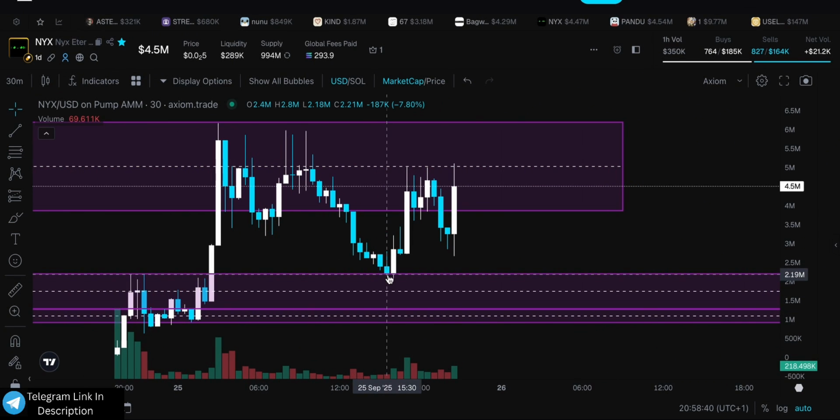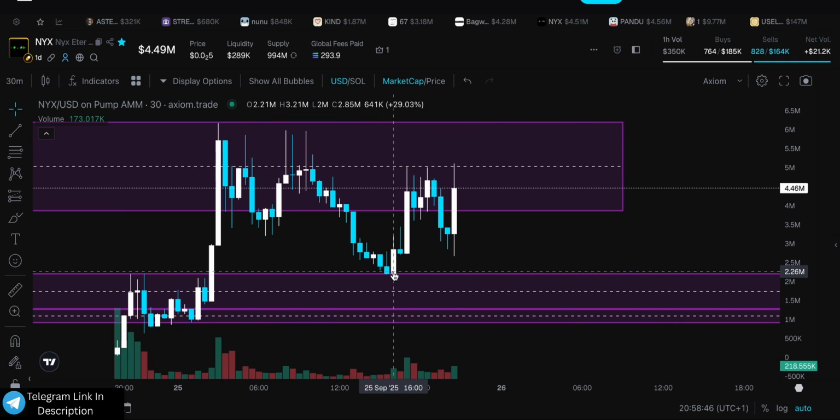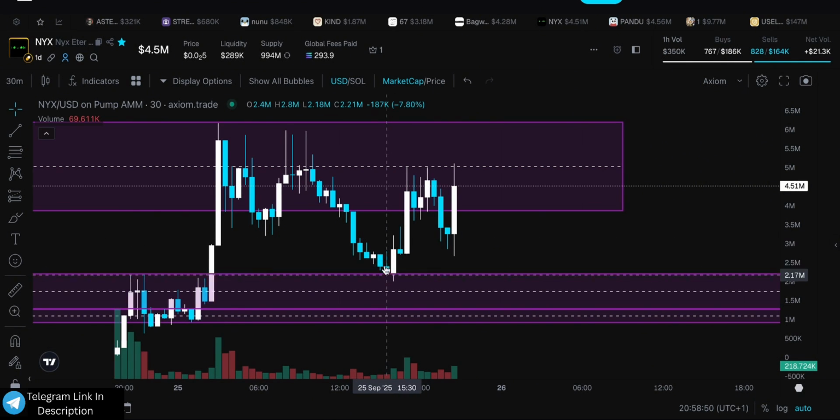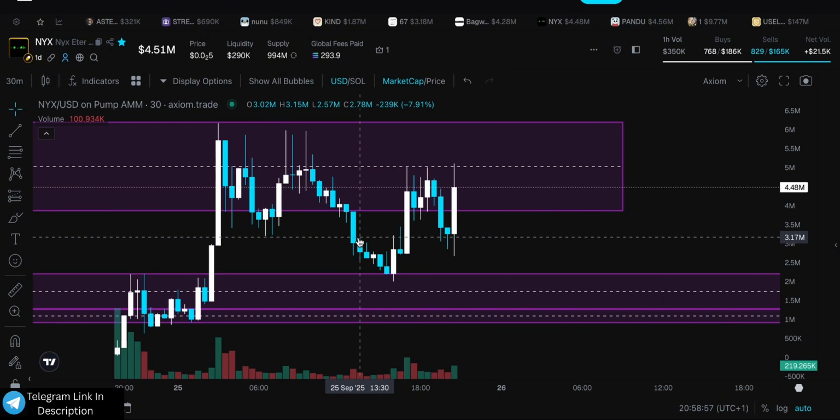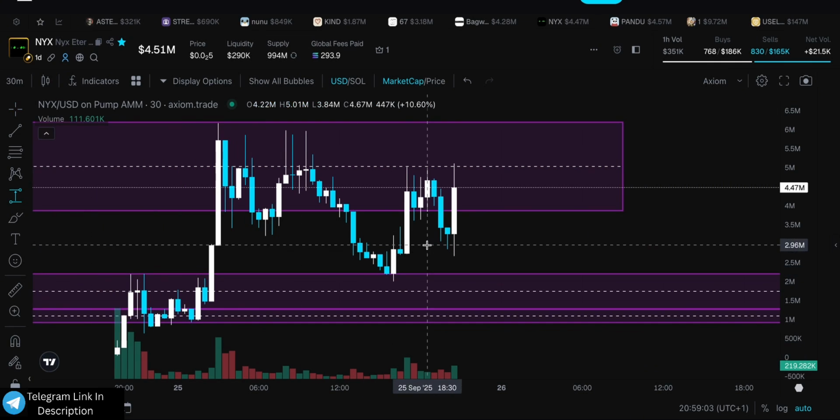I wouldn't enter a coin unless it's still got high volume, obviously, and it closed above this previous bearish candle's wick, which means it's changed structure, at least on the 30-minute, and that would be enough for me to enter into a position. Okay, and had I entered on that candle closure,